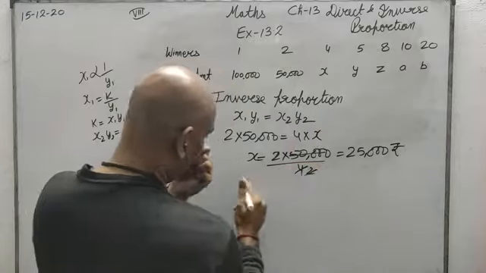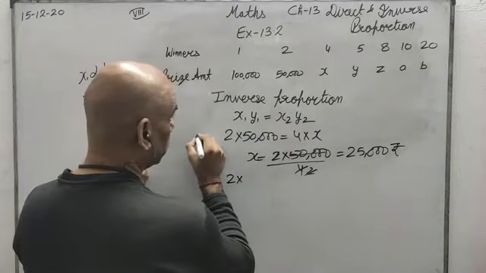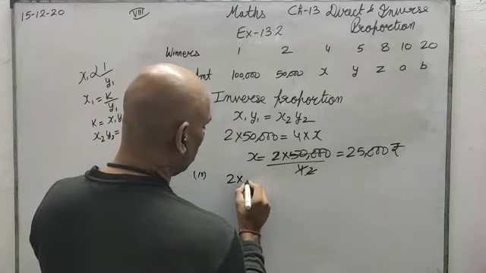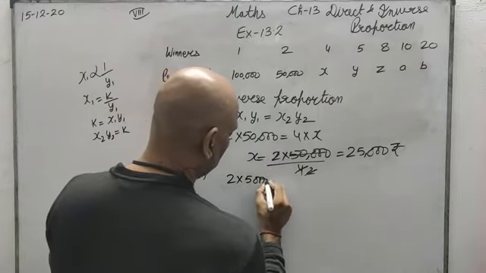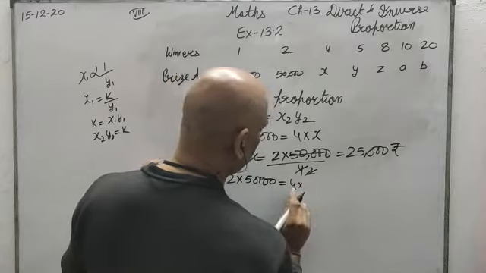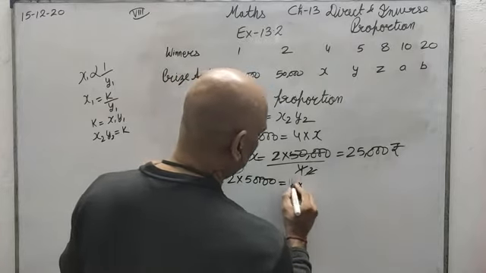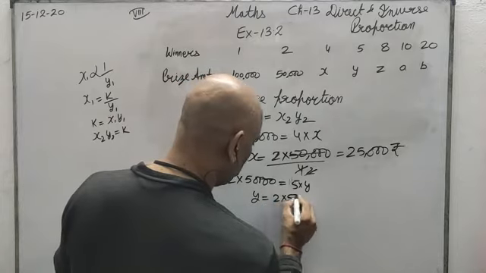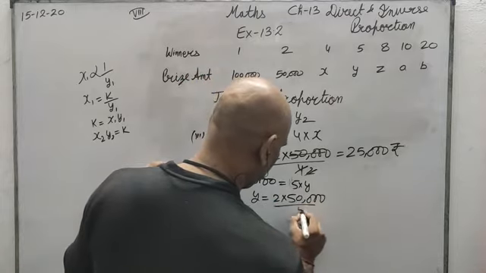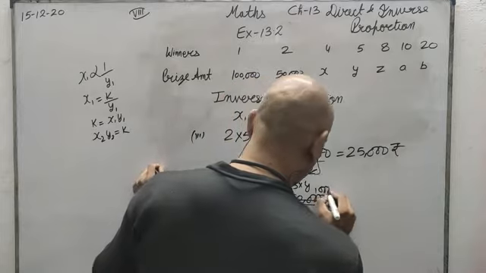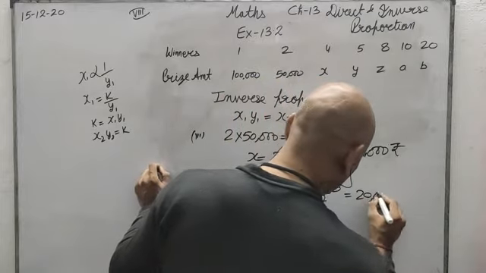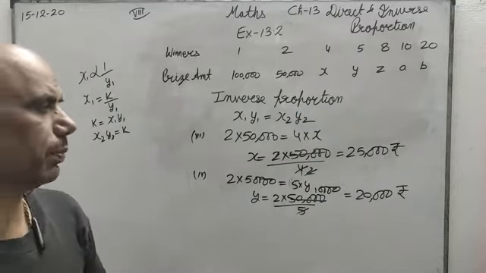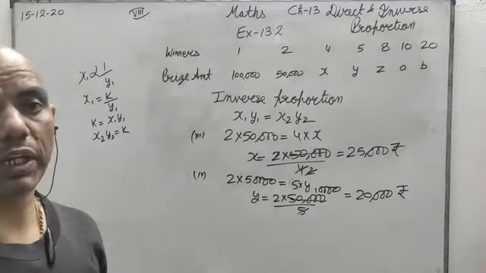Similarly, I can get the next one ahead. This was the second part. Third part, better to say, this is the fourth part. 2 into 50,000 is equal to 4 into 4, no sorry, 5 into y. So y will be 2 into 50,000 upon 5, 10,000. So if the prize winners are 5, each of them will get a prize of 20,000 only.